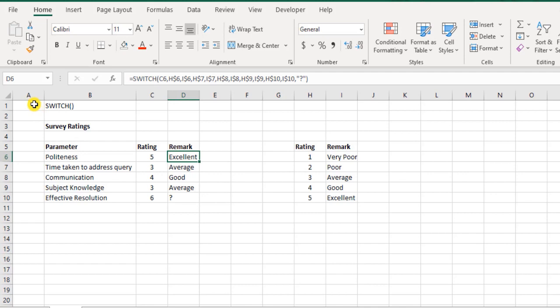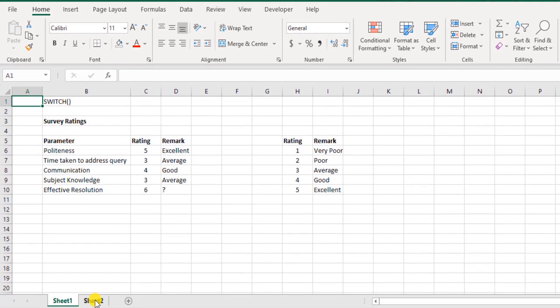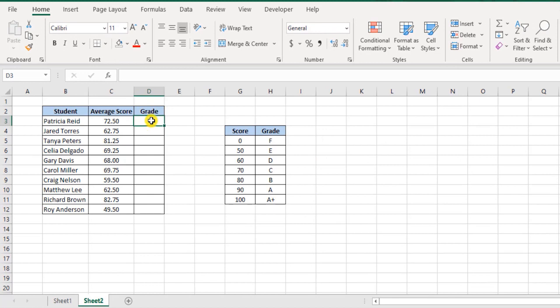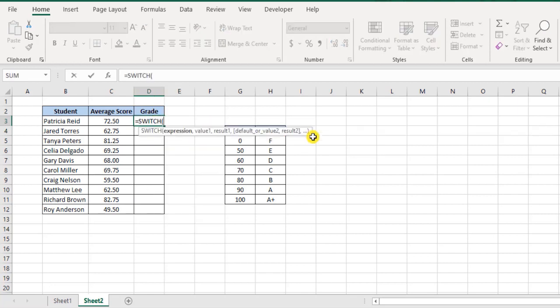Now moving on, let us try something more using the switch function. We'll try to execute something which we have already done with the help of the IFS function. Now here we'll try this out. Switch, I say switch 72.5. Okay, now this value less than 50, I log the reference, comma, it should be F grade. 72 less than 60, I give an E grade. And then 72 less than 70,